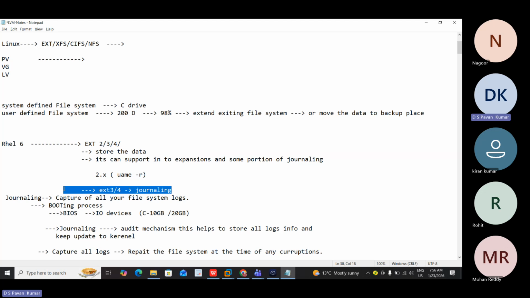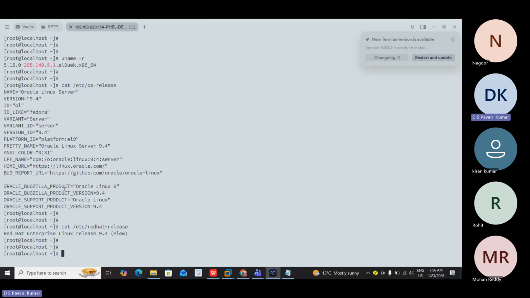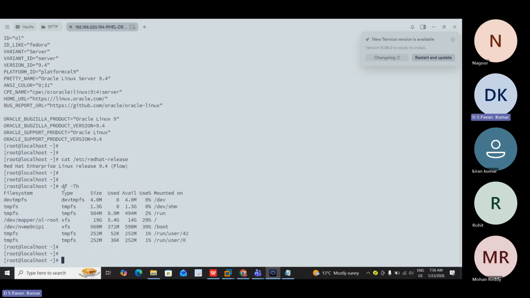Journaling is one of the major concepts it is supporting. What is journaling? Journaling is nothing but capturing all your logs. For example, you have a C drive, or, if you can see here, these are my drives. So journaling is, if you can see here, when you type the type,